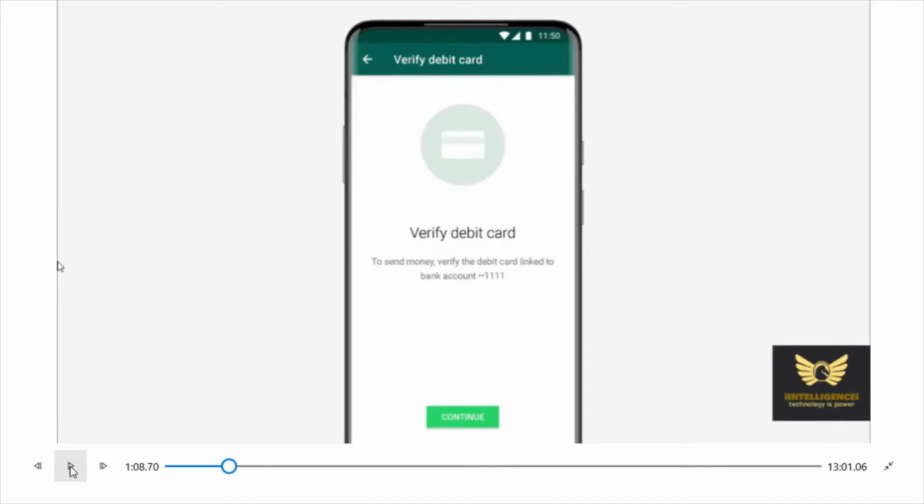So let us verify the debit card. Before sending money, you need to verify the debit card linked to the bank account number. Click continue.